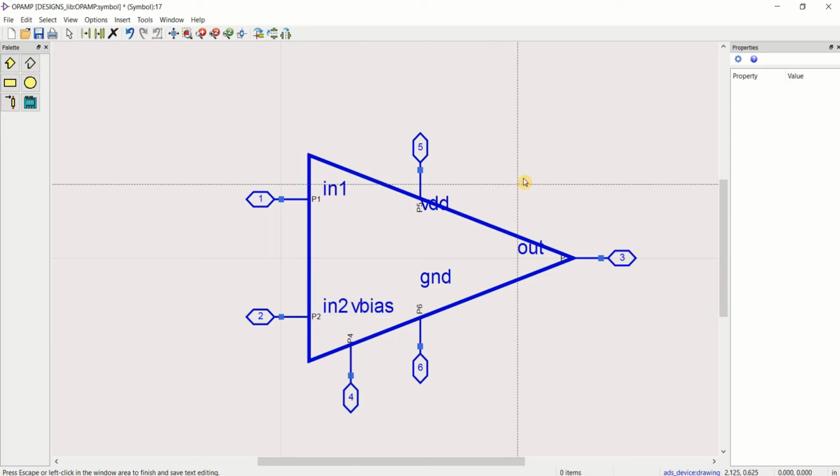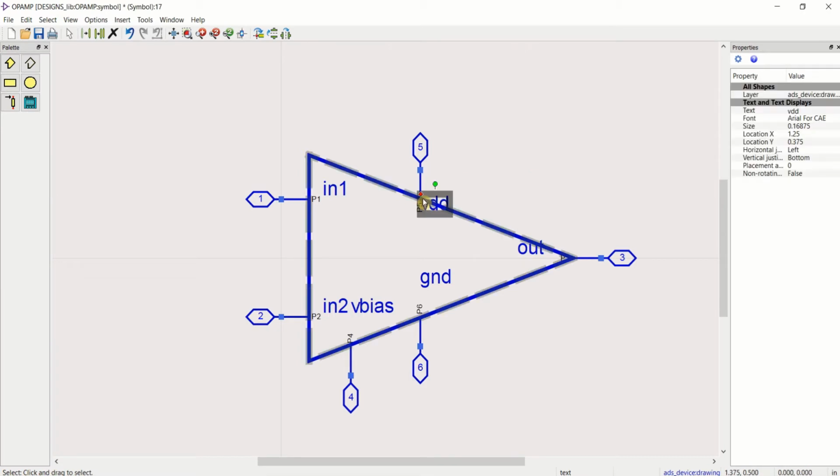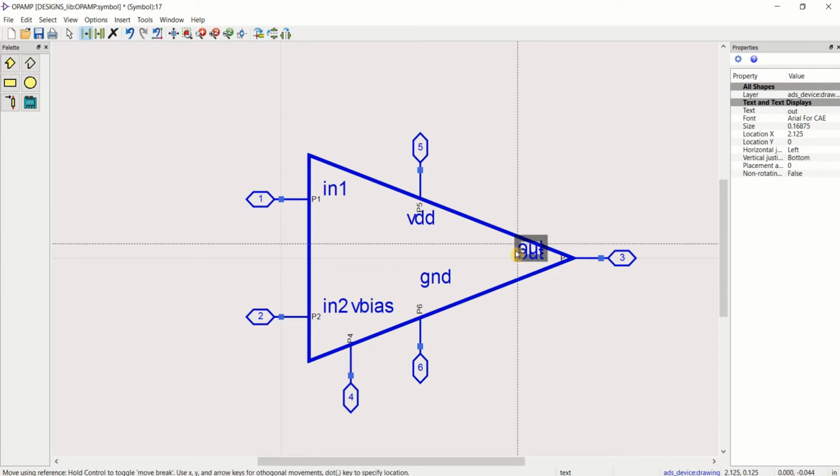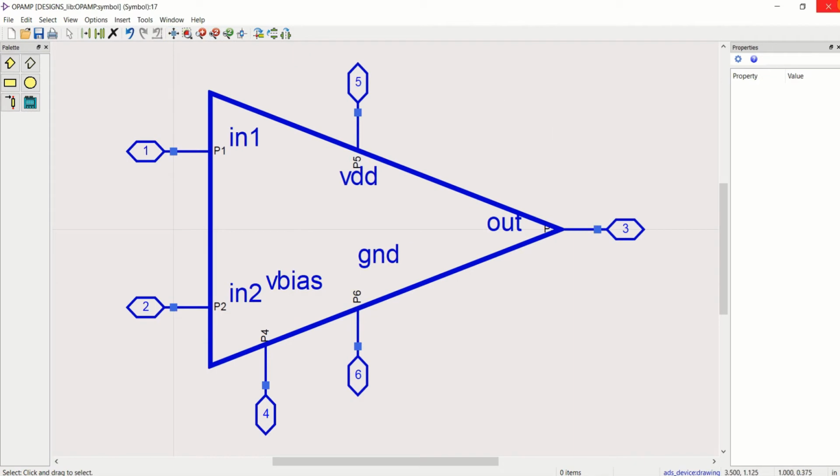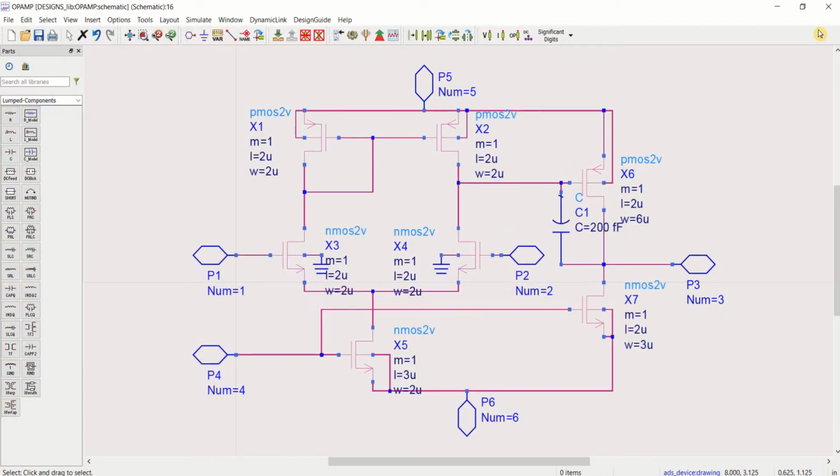These texts are only for readability. Save the symbol, close it. You can close this design.